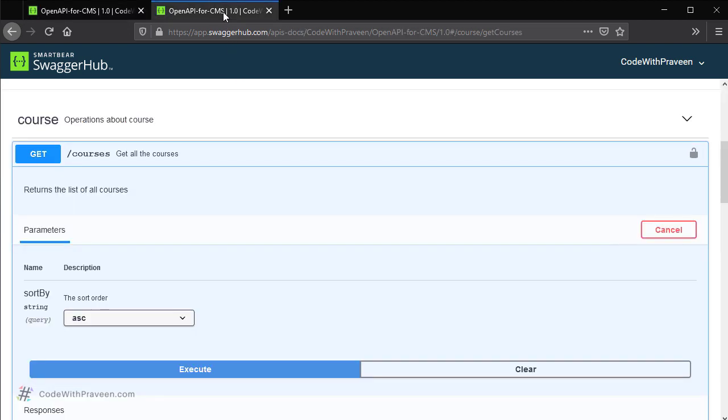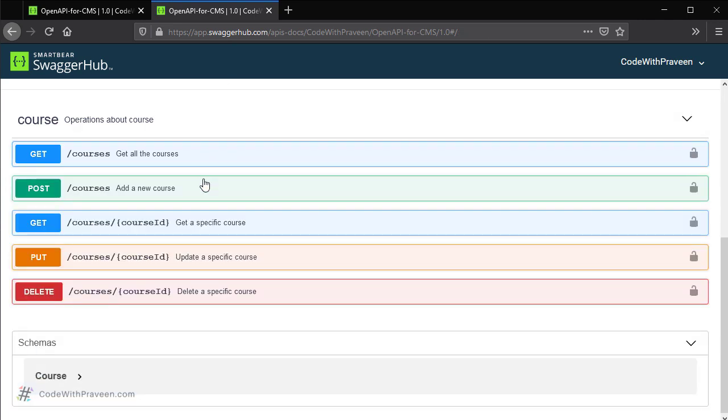Similar to the way we had executed for the get operation, you can go ahead and try all other operations. Again, the Swagger Hub is going to use all the information that is available in your API spec in order to mock the execution. The response codes which you have defined for each of this operation is going to be used in order to fetch the details and show when you click on the execute button. This way you can quickly use the Swagger Hub's mocking capabilities in order to try out the API that you have written. This way you can see how your API is going to get executed by third party or other team members of your company.